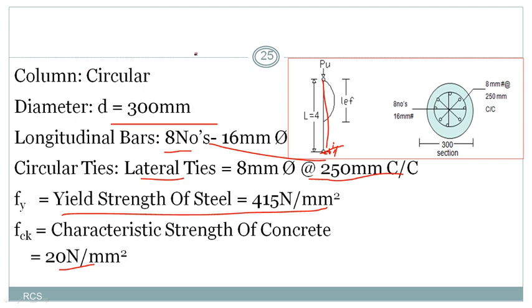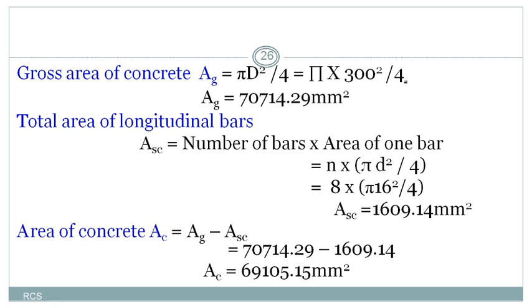And then the unsupported length given is L equal to 4 m. For this we need to calculate Leff. So it is a cross section of that column, with 8 numbers of 16 mm diameter bars provided, and the pitch is 250 mm center to center. Clear? So let us calculate the gross area of concrete Ag, as it is a circular column. So pi by 4 into d square, diameter of the column is given 300 mm. Then we will get Ag equal to